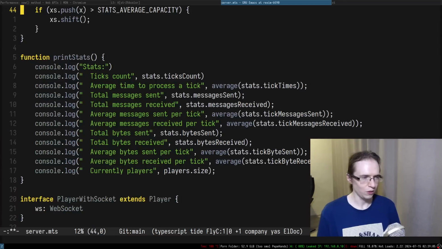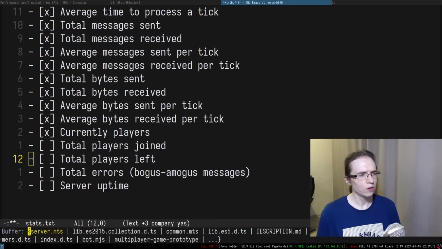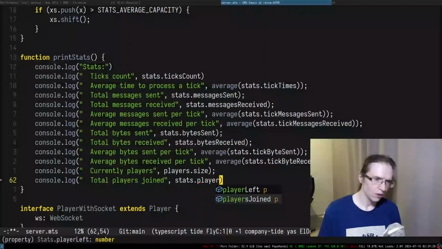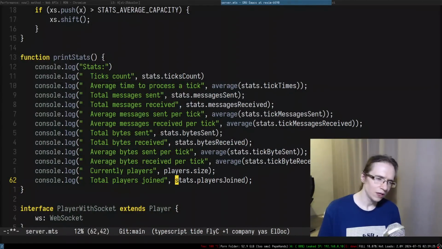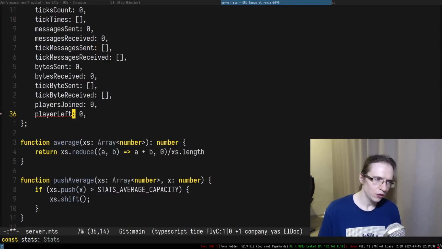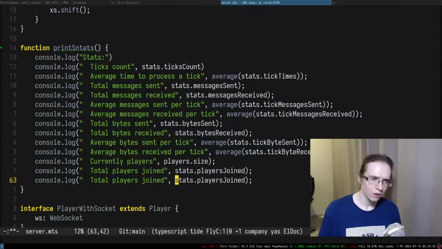Emacs, shut up, okay. Console. How did I format the total? Players joined, stats players joined, and I think players, print stats, left. Okay,